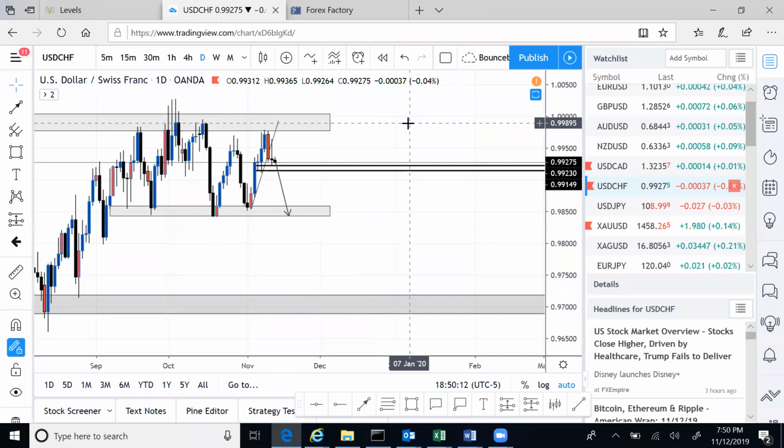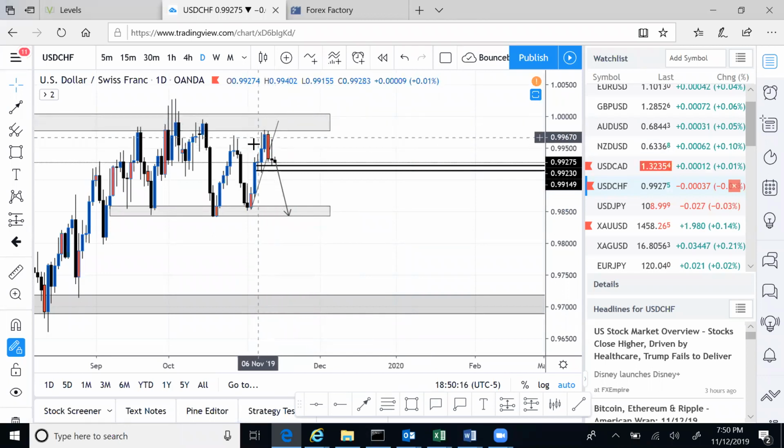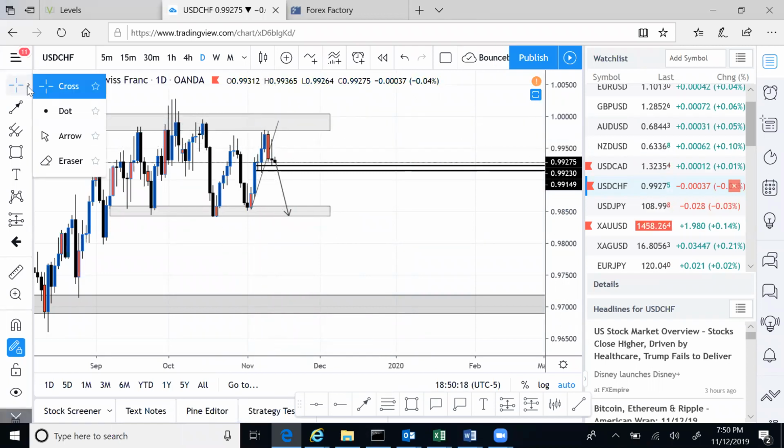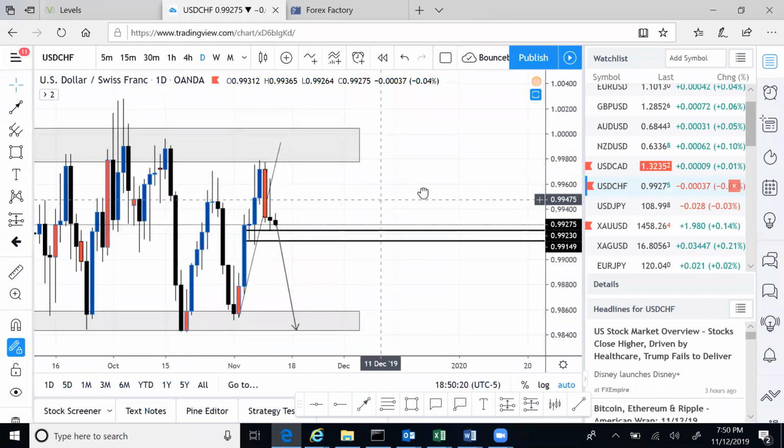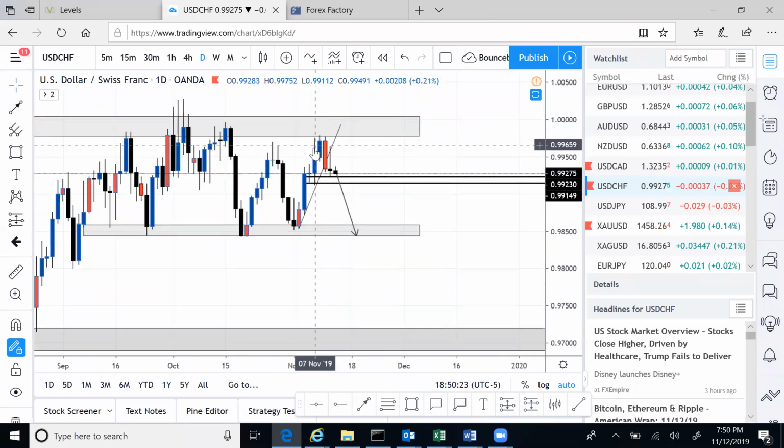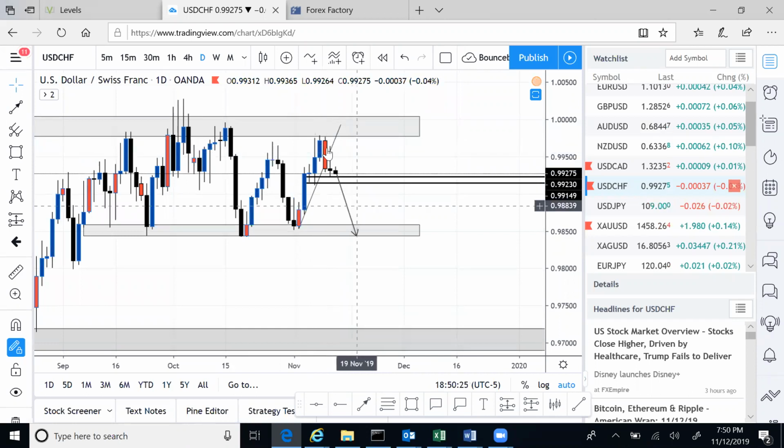For those of you guys who have been watching Stevenson on Sunday and he talked about daily engulfing candles, if you were paying attention to Stevenson, right? Daily engulfing candles. So we're looking for that sell, all right?